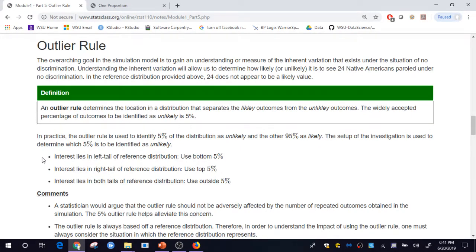So, if interest lies in the left tail of the reference distribution, and that's the case that we have here in the parolee discrimination example, and also in the deafness example that we considered earlier in Part 1 and Part 2 of Module 1, there we're interested in the left tail of the distribution. When you're interested in the left tail, you're going to want to use the bottom 5% and identify those observations